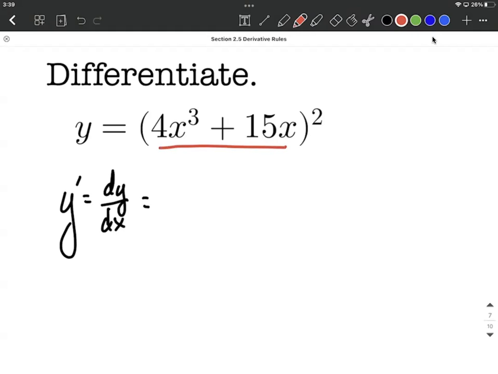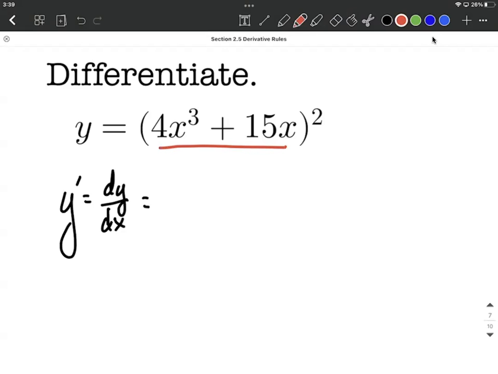Because this one's only squared, we could go ahead and write two copies of that set of parentheses out and then multiply this out and distribute. Then we could just use the power rule. However, in this case, we have one function inside of another function, so let's